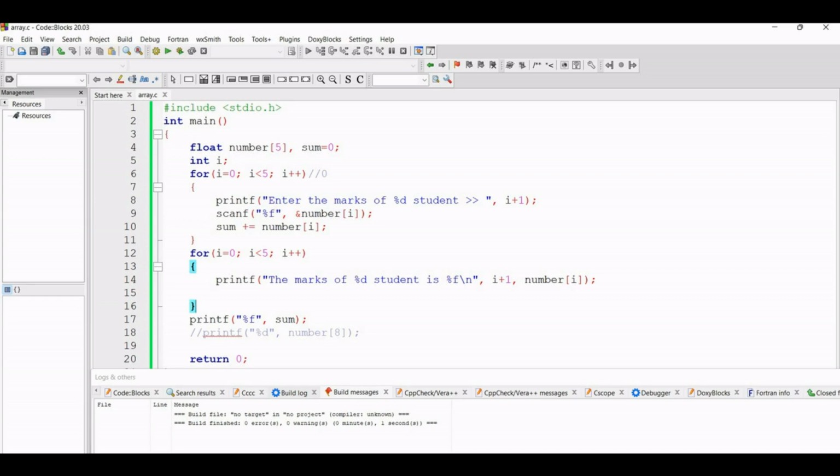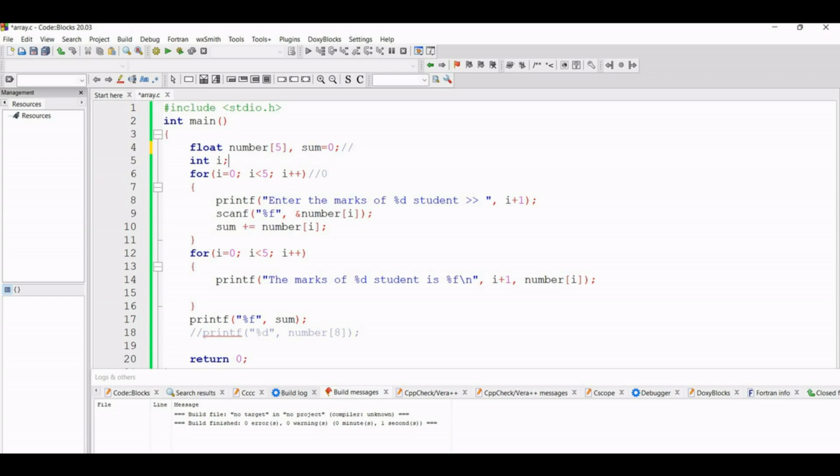The array takes consecutive memory locations in memory. If we block 5 memory locations and I want to store 10 values, it will not be possible, because I have already declared 5 memory locations for that array. And if you have taken 100 memory locations and I store only 10 values inside my variable, then that 90 blocks of memory will be totally wasted. So there is also wastage of memory. That is one more disadvantage of the array.